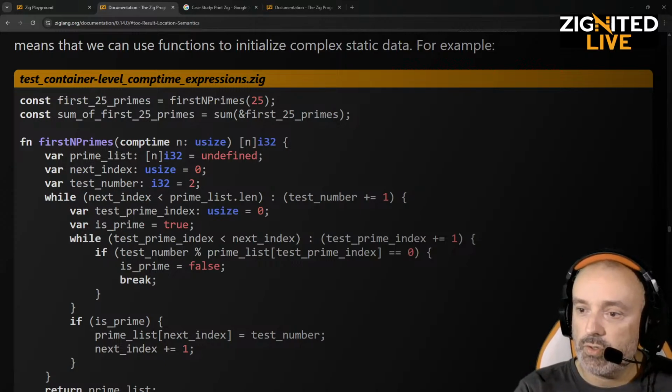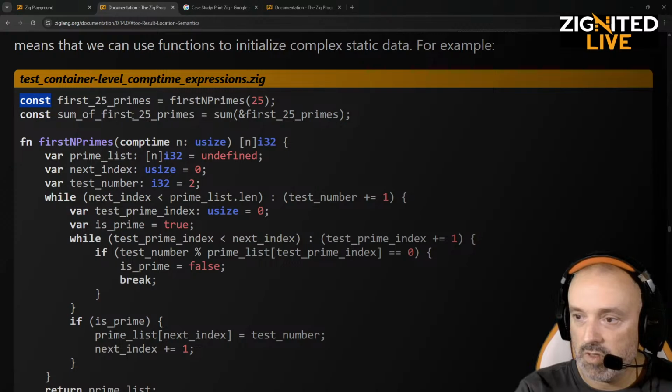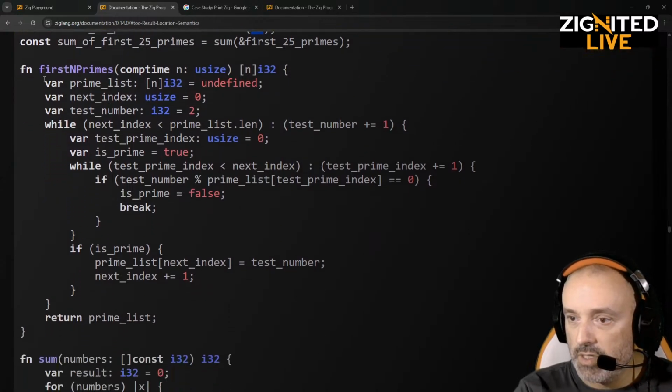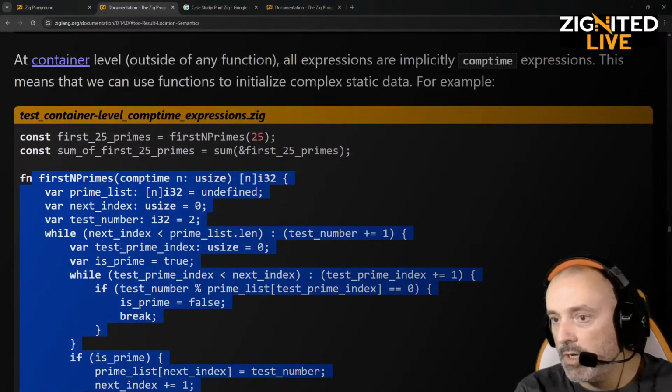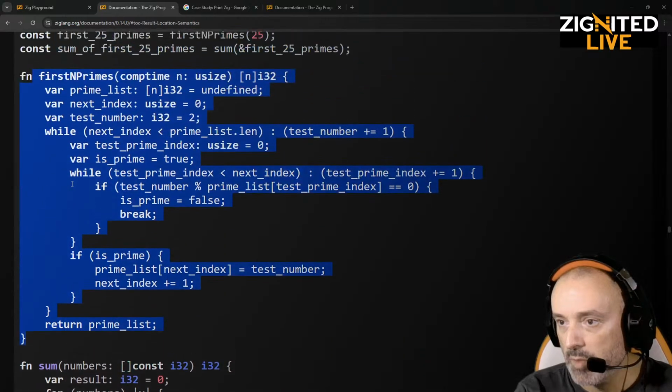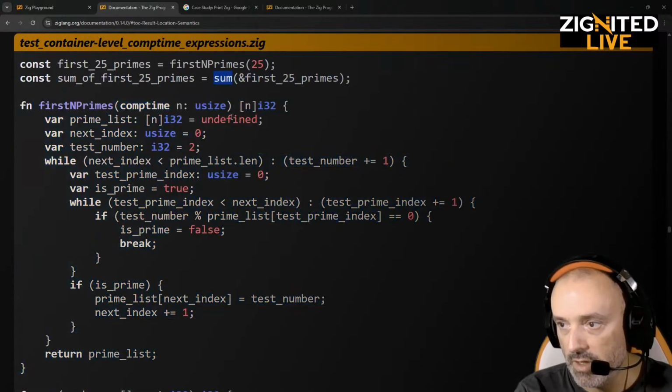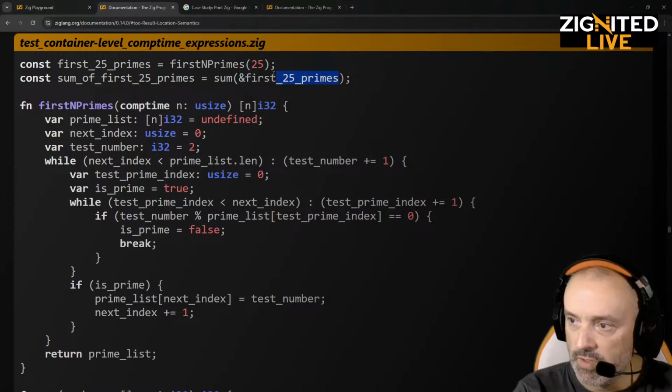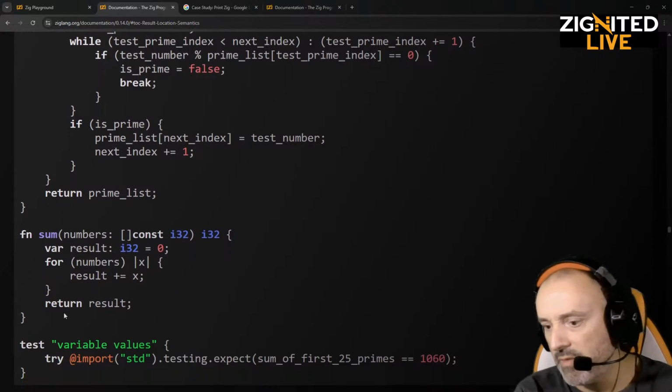First 25 primes, a constant called that. First primes 25, and this is the function that they actually call here. And sum of first 25 primes is probably they're going to call, yeah, the other one. And they pass the address of the first 25 primes, so of this function. So this is simpler. I will just